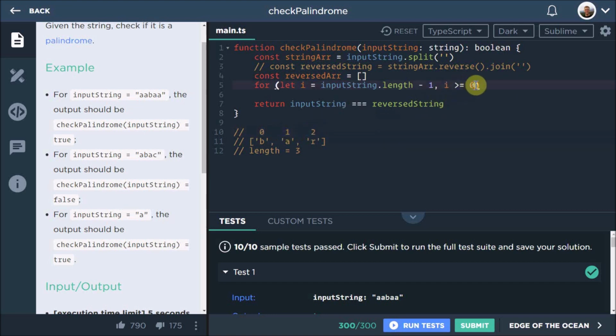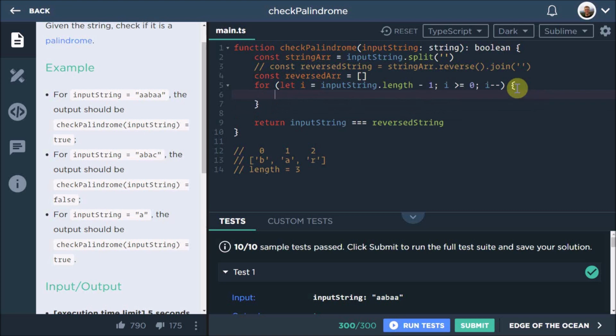And then what we're going to do with i, sorry, I meant to put a semicolon there, is make i decrement every loop. So that's how a loop works. If you didn't know how a loop works, it's pretty standard programming. Lots of people know how a for loop works.